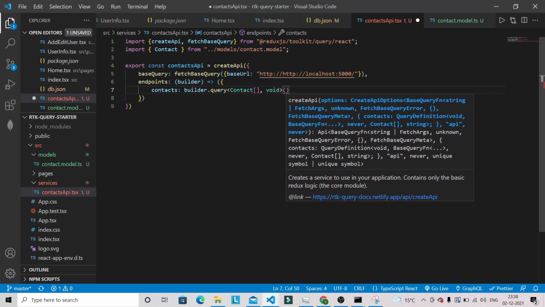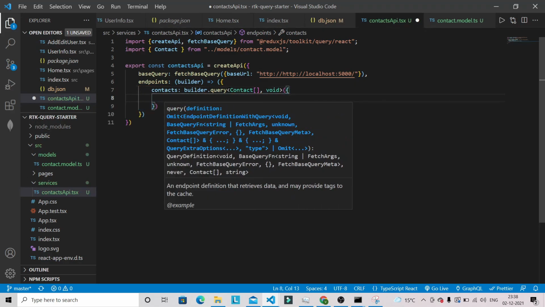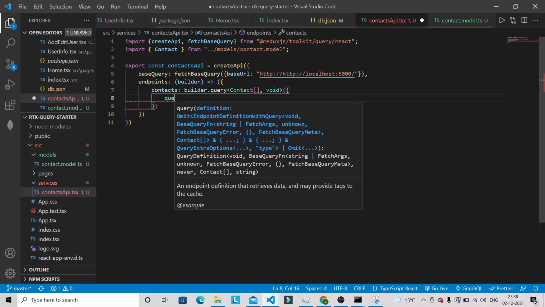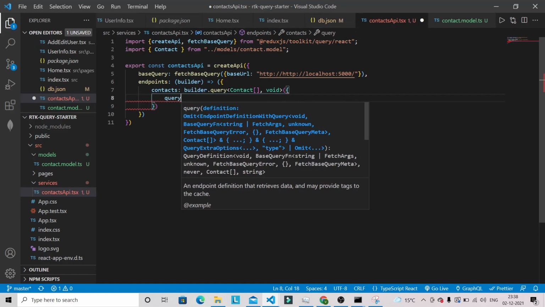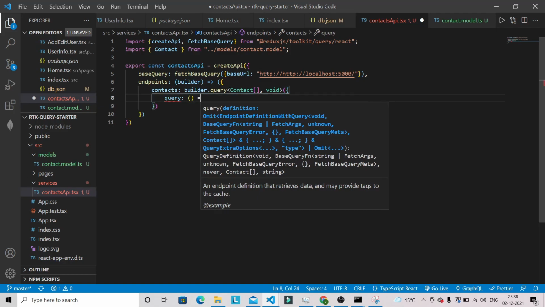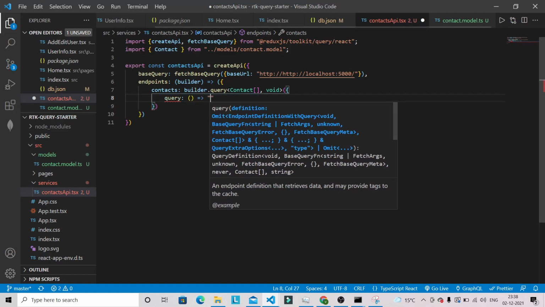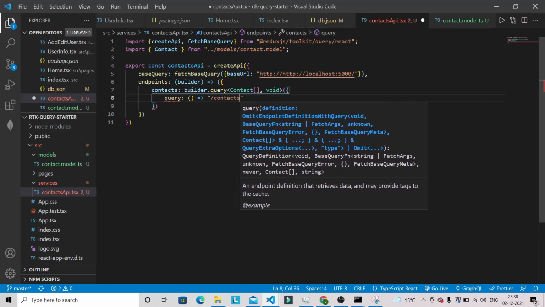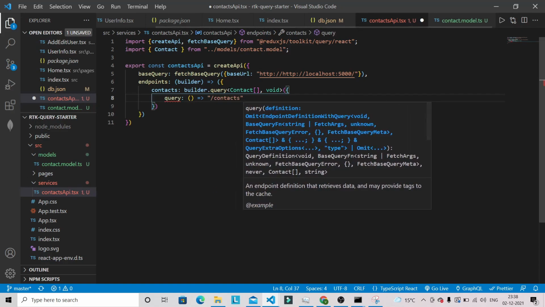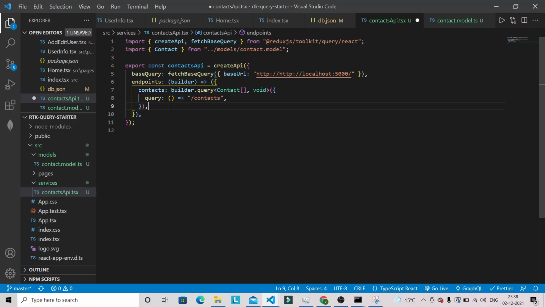And after that we can specify our query. So query, and here we can mention our endpoint. So I'm going to mention contacts, okay. So that's it for now for fetching the data from our JSON server.